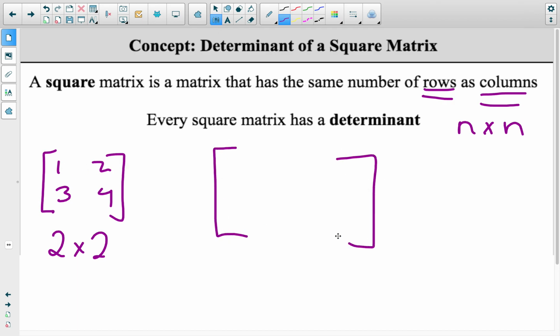A 3 by 3 matrix would have 3 rows and 3 columns. This would be a 3 by 3. That's all we're going to worry about. But in theory, these matrices could keep getting bigger, 4 by 4, 5 by 5, 6 by 6, all the way up to n by n. Every square matrix has a determinant. And so what this means in 2 dimensions